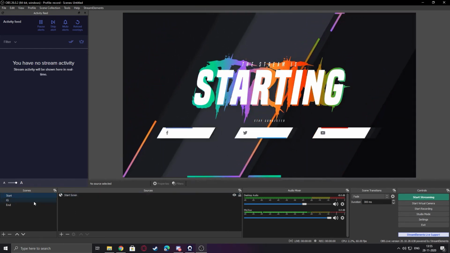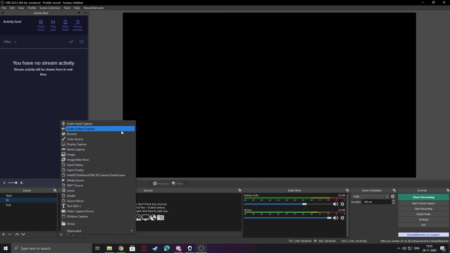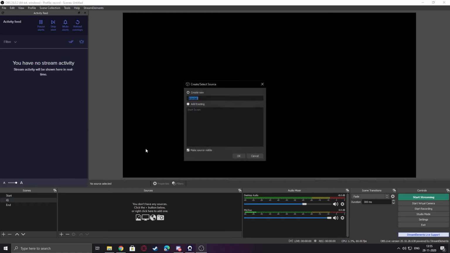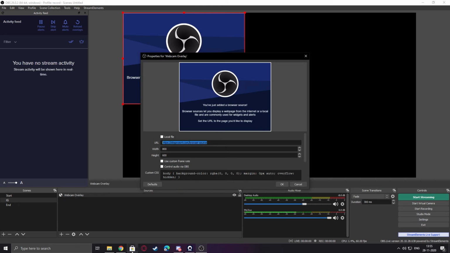We have the overlay. Now let's go to an in-game scene. Same as before, let's add an overlay first, as it should be at the top. Browser, in-game. No, let's rename it to webcam overlay. After this I go to properties.